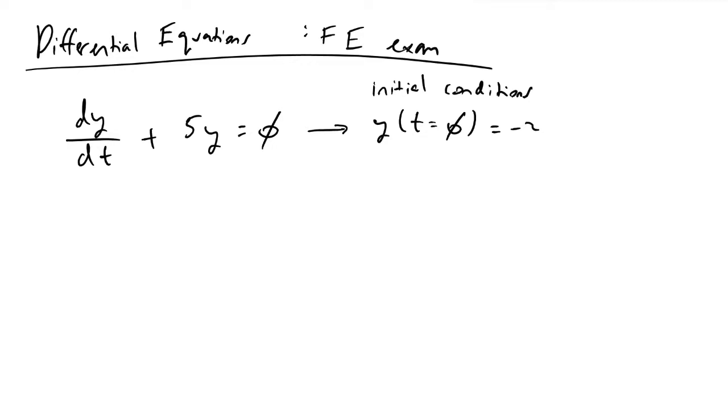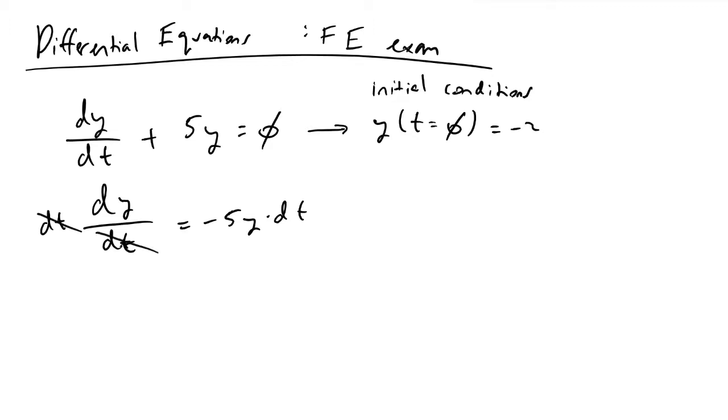And so what separable refers to is the fact that we can completely isolate our two variables on either side of this equation. And so what I mean by that is if we subtract 5y here, we can turn this equation into dy/dt is equal to minus 5y. And now if we multiply both sides by dt,